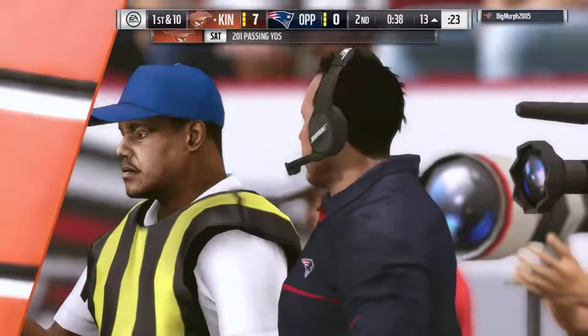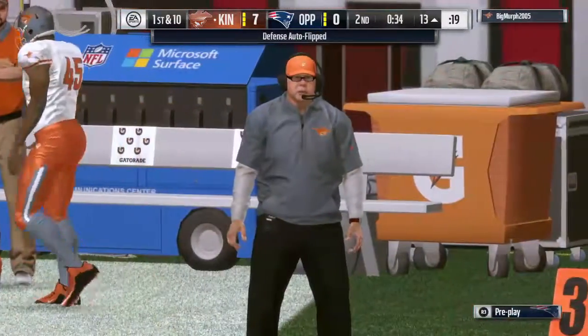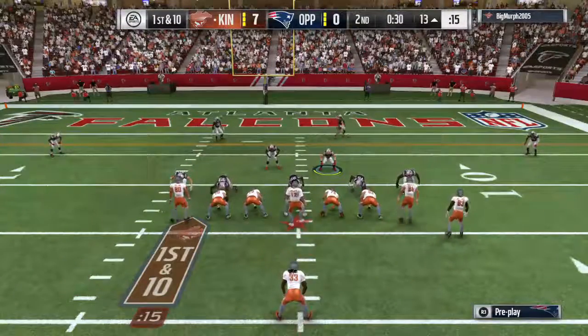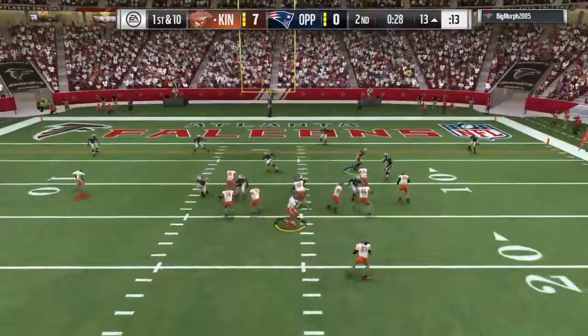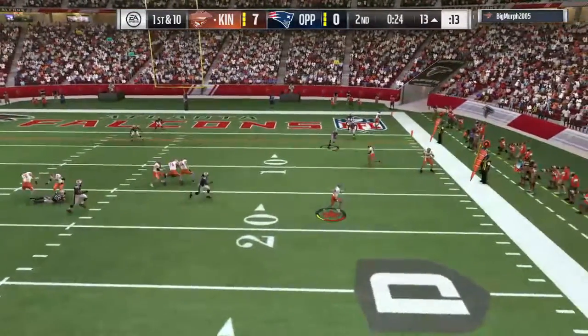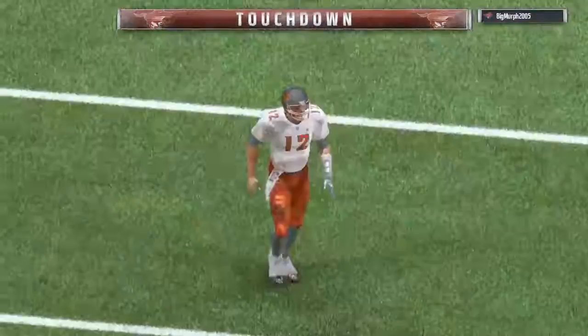Sometimes it's designed, and sometimes you just have to know when to leave the pocket and move and make something happen. And on that play, he was able to get on the run and was still accurate throwing the football. Into the red zone, it's Brady. Eluding the pressure right. Underneath, Ivory. And he will take this one